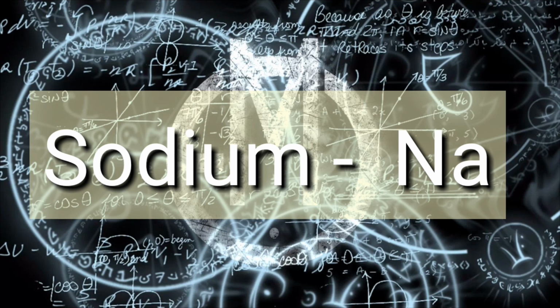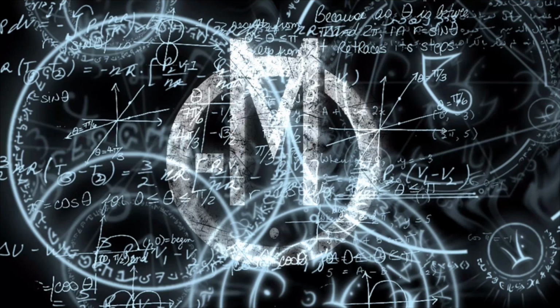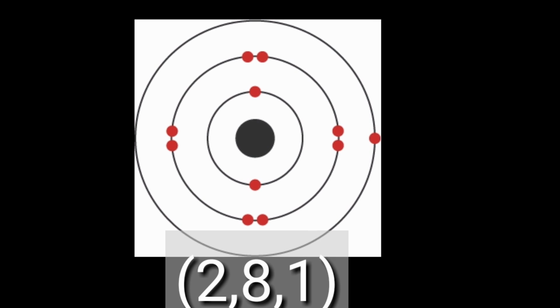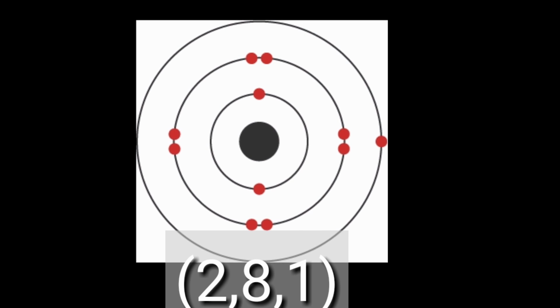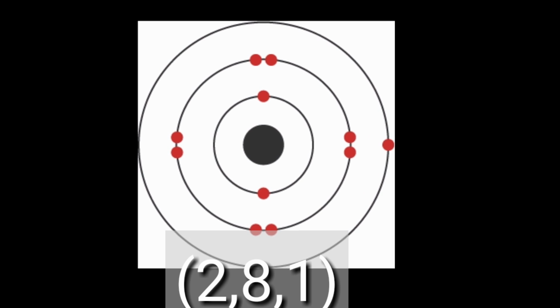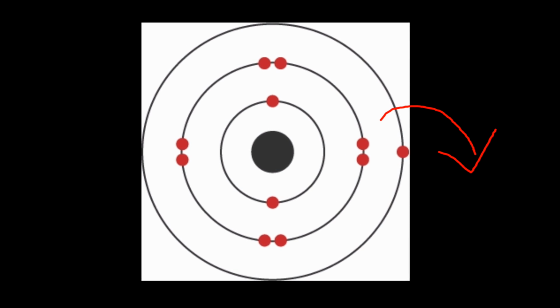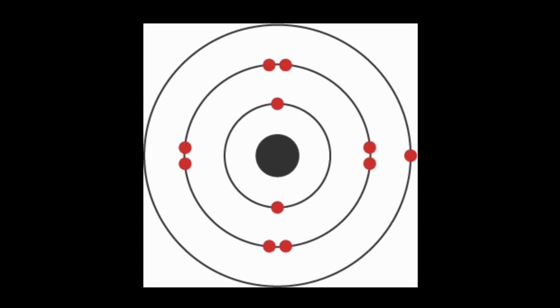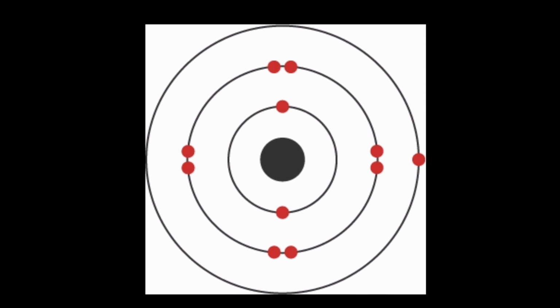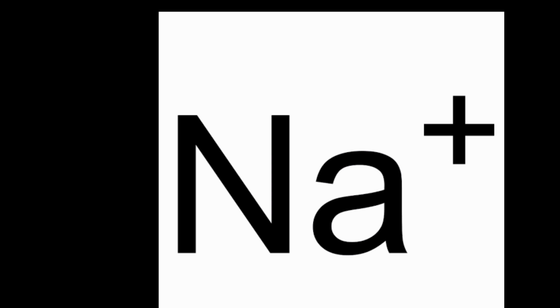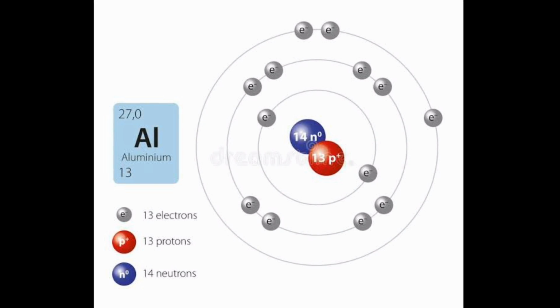Now here we will be coming to another example. Say sodium. Sodium, what is the electronic configuration? We know it is 2, 8 and 1. So in order to complete the octet, it has to lose one electron. As it loses one electron, that means it will lose one negative charge and it will be noted as Na plus or sodium ion, which is a positive ion as it is giving out one negative charge.